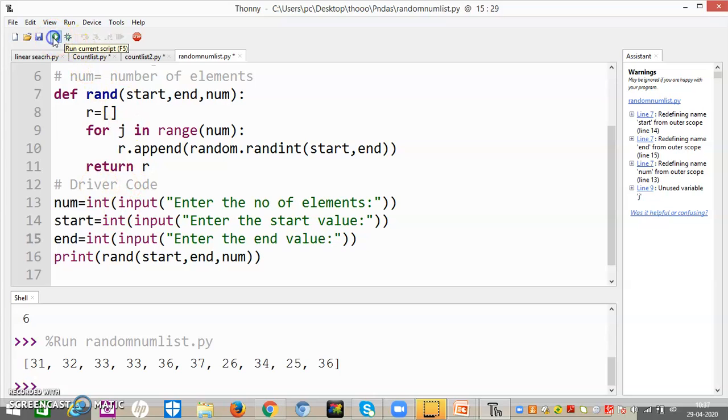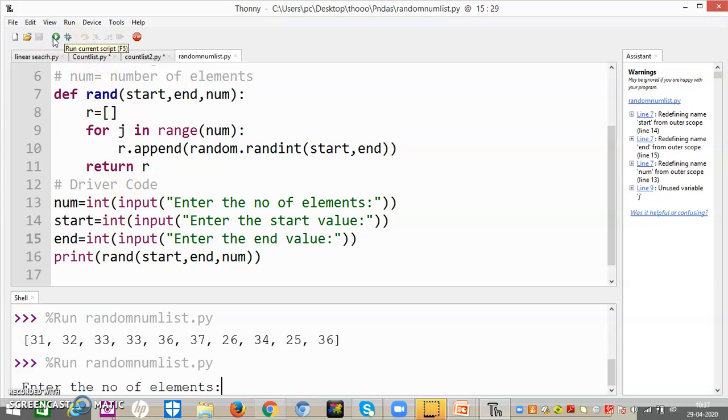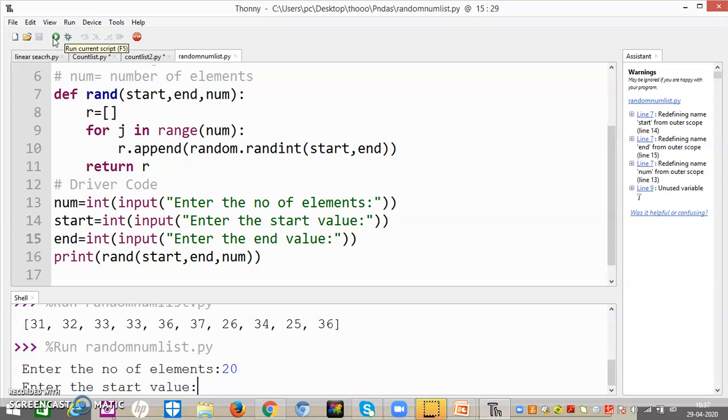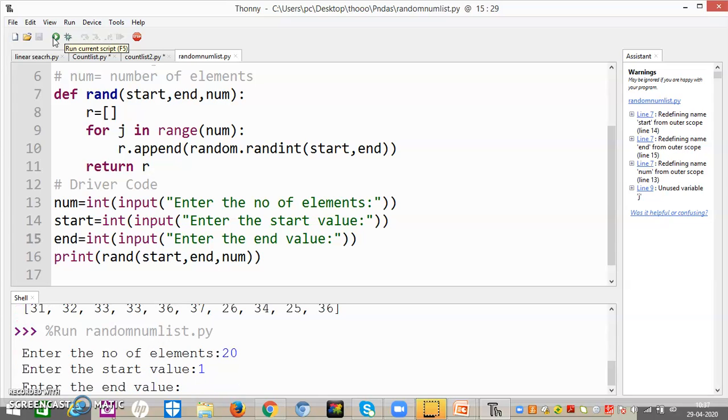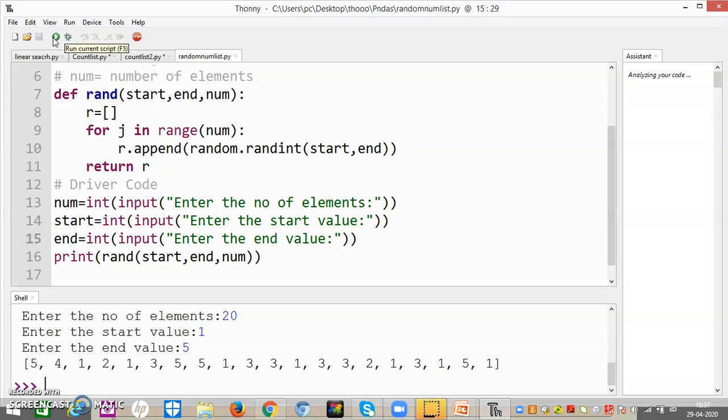Now we will run it. So I want 20 elements, and the range I will specify as 1 and 5. So what will be my answer? Look, the answer will be 54121.